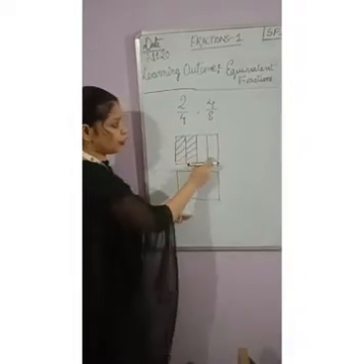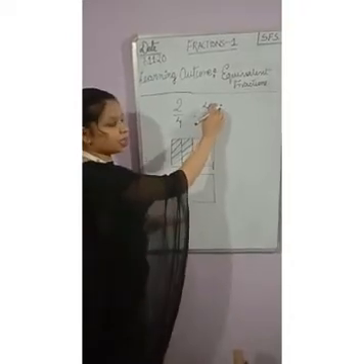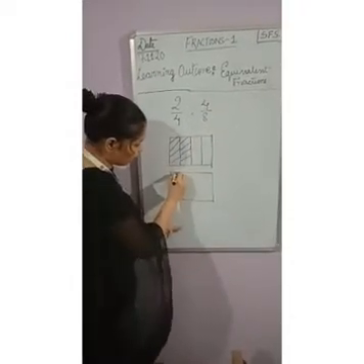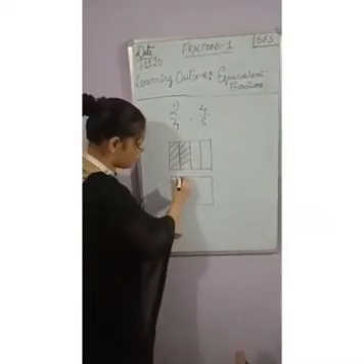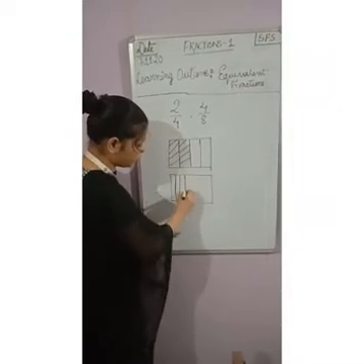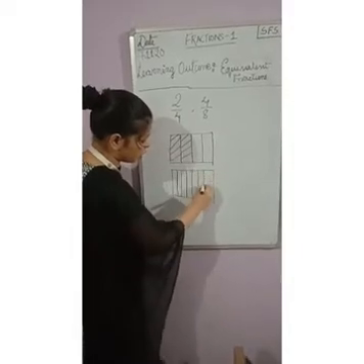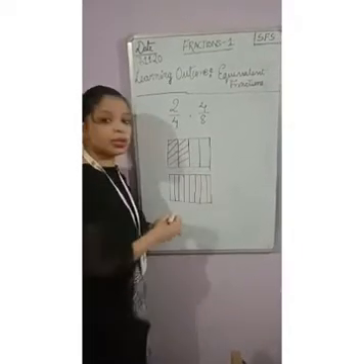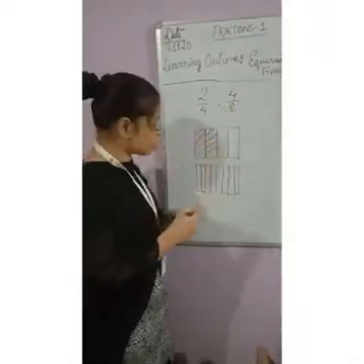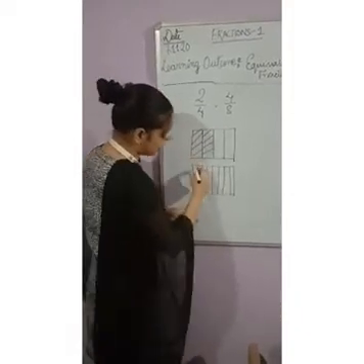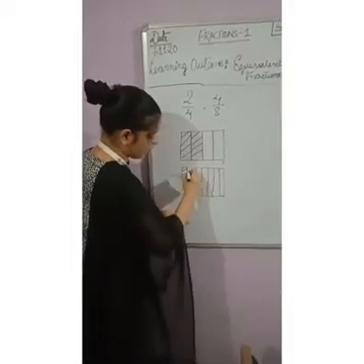Now the next figure is also the same shape, that is a rectangle, and it represents 4 by 8. That means I will divide this object into how many equal parts? 8 equal parts. So 1, 2, 3, 4, 5, 6, 7, 8. Now out of the total 8, what is the numerator? 4. So 4 can also be anything. So I will take here 4 parts out of 8 equal parts.